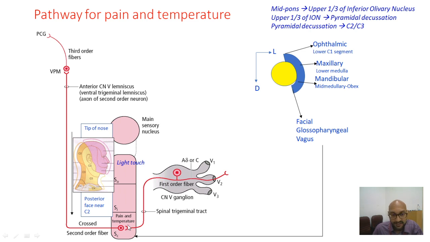Okay, so there is ipsilateral loss of pain and temperature on the face, whereas contralateral loss of pain and temperature of the opposite side of the body, and that is why dissociated anesthesia is a characteristic finding in lateral medullary syndrome,